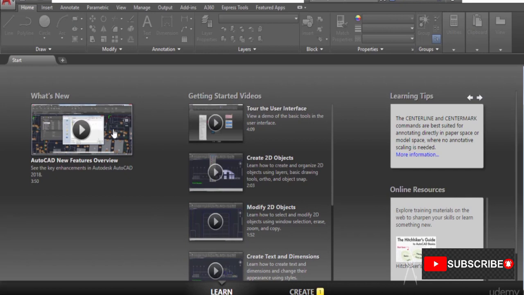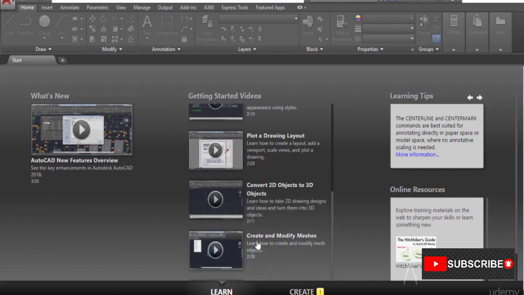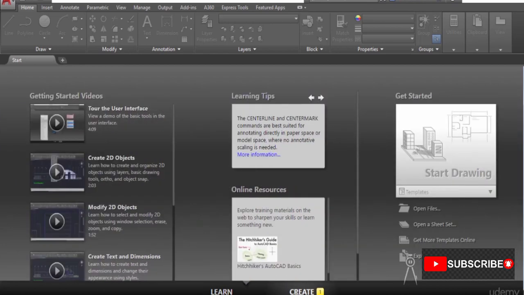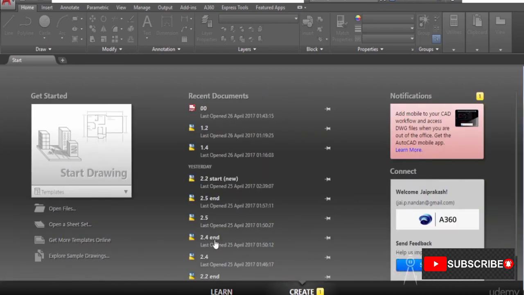And now we have some videos which can be used for learning about the new features or some of the content related to the AutoCAD. Also, we have here the latest video from Autodesk, and also some learning tips and other online resources that you can access. So I'll get back to this create tab and I'll start the drawing from this start drawing